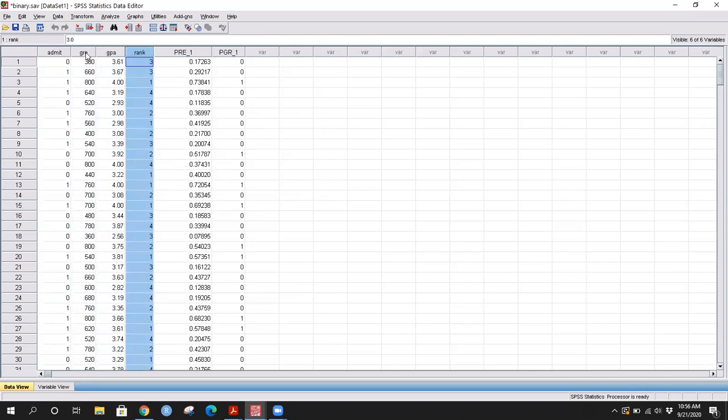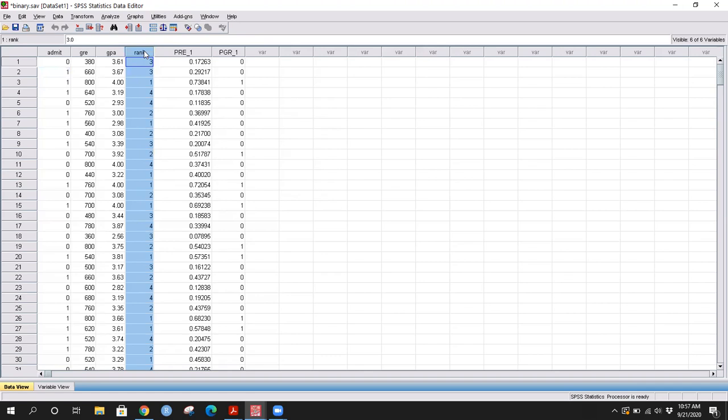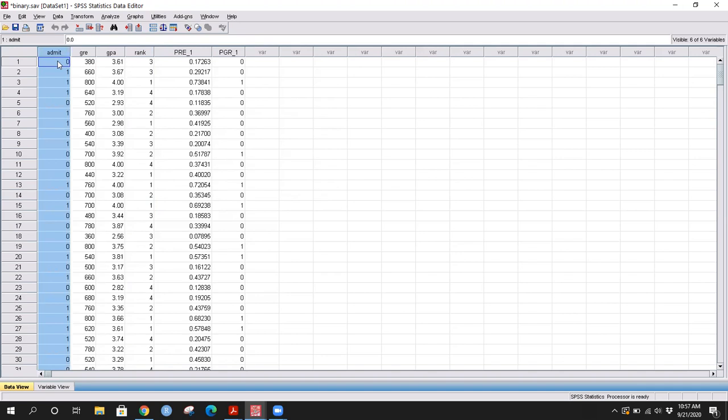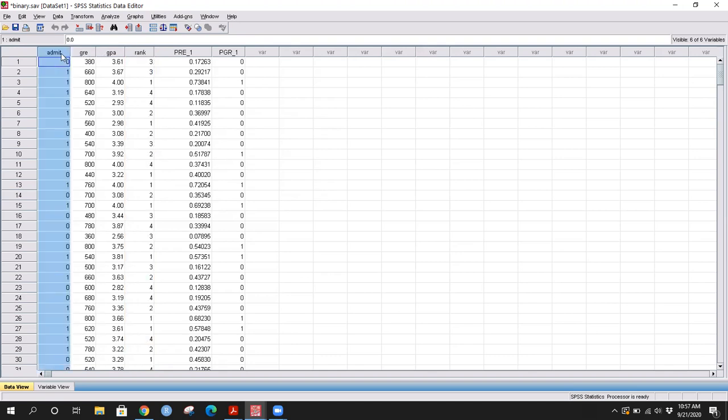Two independent variables are continuous, that is the GRE score of that student and the GPA score of that student. The third independent variable is categorical, that means it depicts the rank of the college from which that student studied before applying to this college where he is seeking admission now. It's like right now you're pursuing your undergraduate course in your university, and then you wish to apply to a university in Canada. So what is the chance that you will get admitted there? Something of that sort.